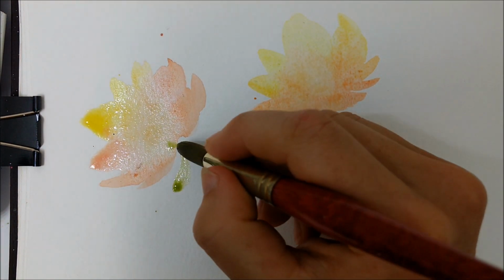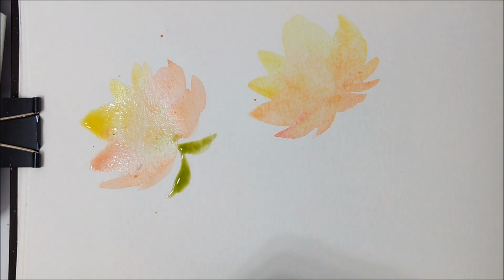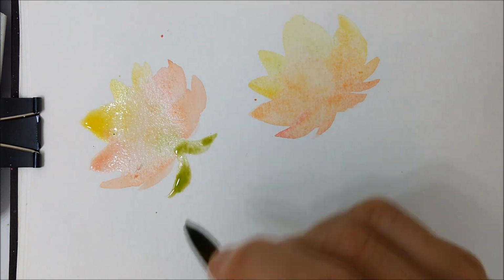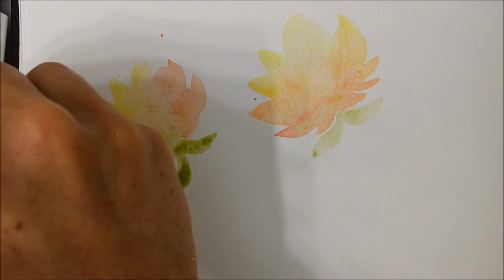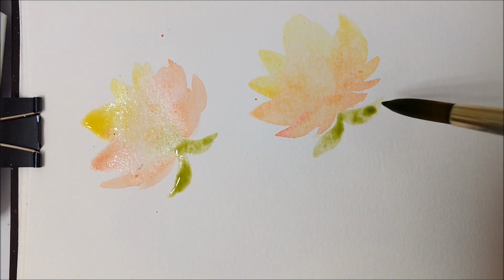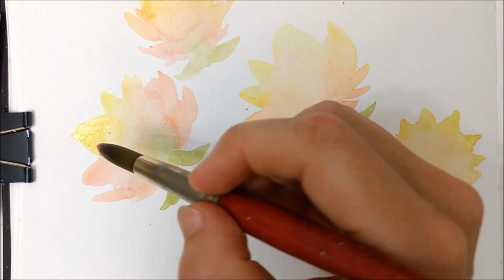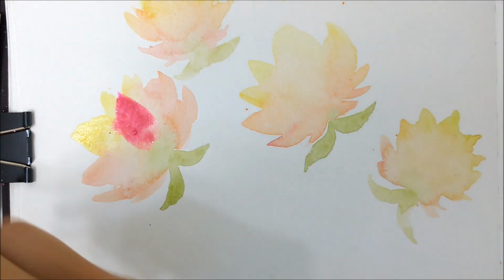You can even go ahead and add some green petals coming from the base of the flower. So as you can see, I painted the flower petals a little bit smaller towards the bottom of the flower so that the green petals could be accented. And once that layer is completely dry, and it really is important that your layers are completely dry,